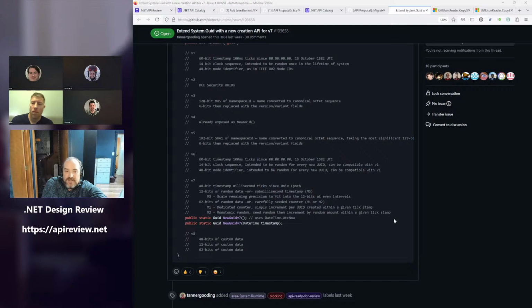And the V4 does that. GUID.new GUID does that. So that's certainly the case. That's certainly the case for a lot of developers that are using things in a security aspect. But there's also a very large set of users outside of that security aspect, whether it applies to COM or whether it applies to database usage or a lot of other usages where the explicit use and intent is to have timestamp-based GUIDs. And often where you can increment those within a given timestamp,